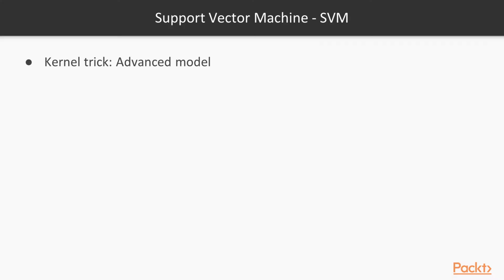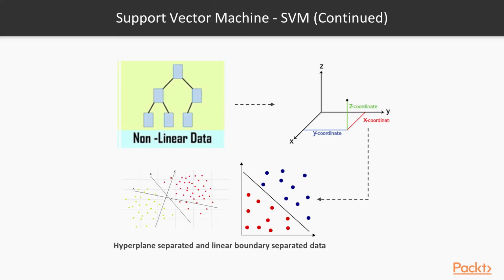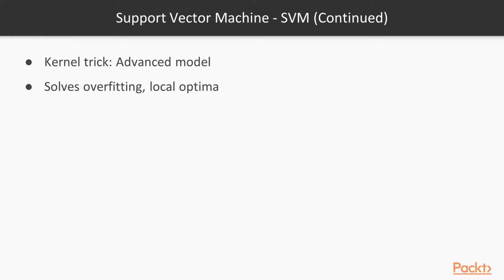approach. The SVM uses the kernel trick to build a highly accurate and efficient model. It is a powerful technique that maps nonlinear data to higher dimension space. This is done so that our data can be easily separated with a linear boundary or hyperplanes that generally maximize the margin width among different classes. This in turn solves the issue of overfitting by making use of regularization and also eliminates the problems of local